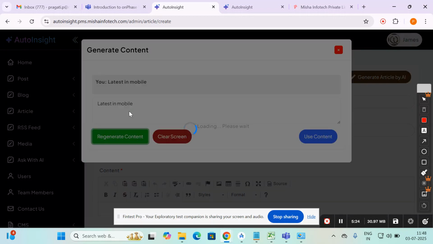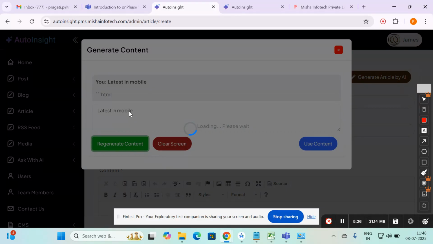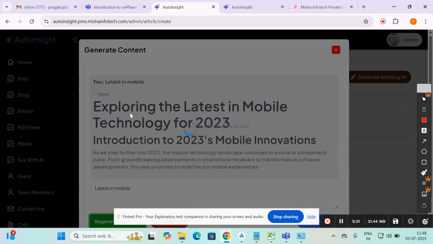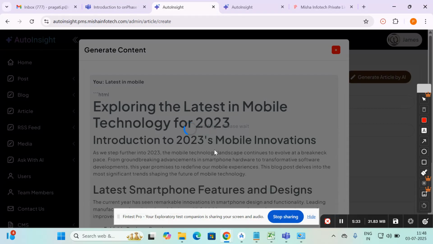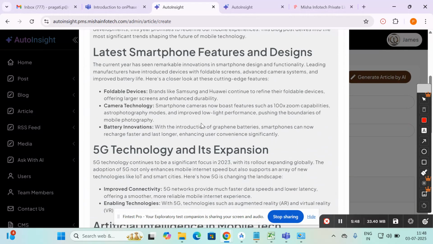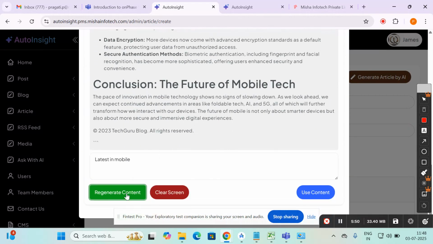Okay, generate content. If you're not satisfied with the existing content which AI has given, which takes 1 or 2 seconds, then you can enter again prompt and regenerate the content.